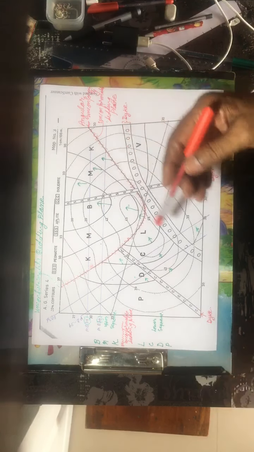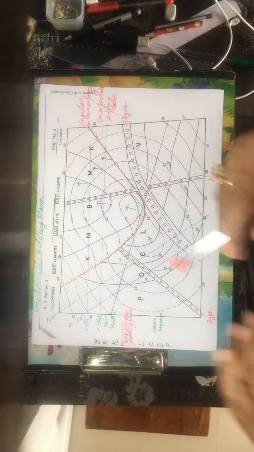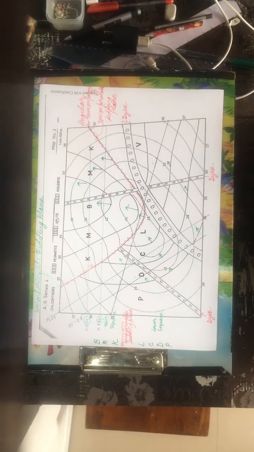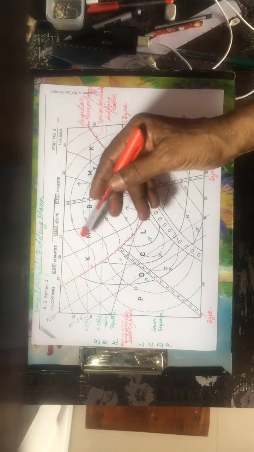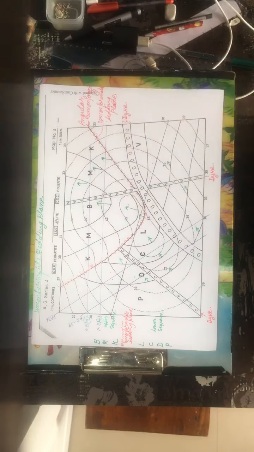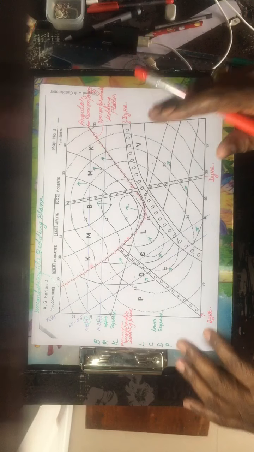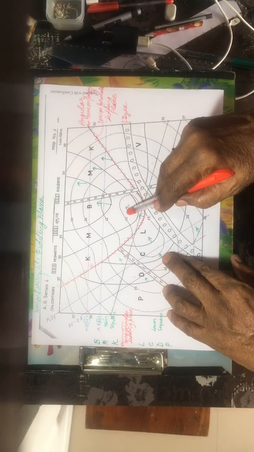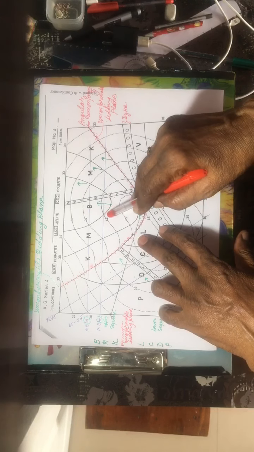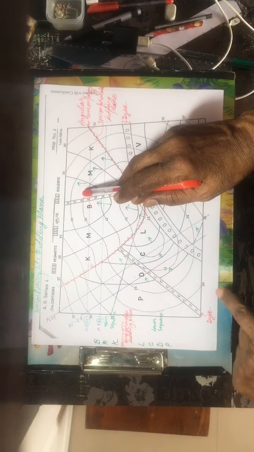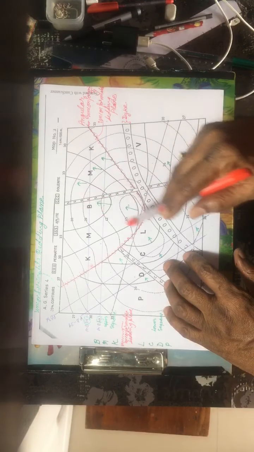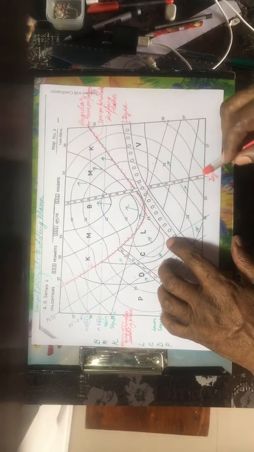Both sequences meet, and the lower sequence always goes inside the upper sequence, and the upper sequence is always exposed in full strength. It goes from boundary to boundary, and it always has higher elevations than the lower sequence. So this has a higher contour interval: 45, 42, 40, 39, 36. The other sequence has contour intervals lower than these. So we have to go through this map and find out the sequence.